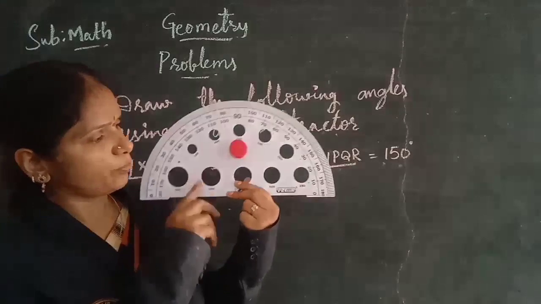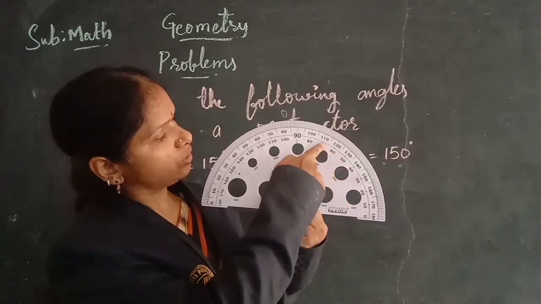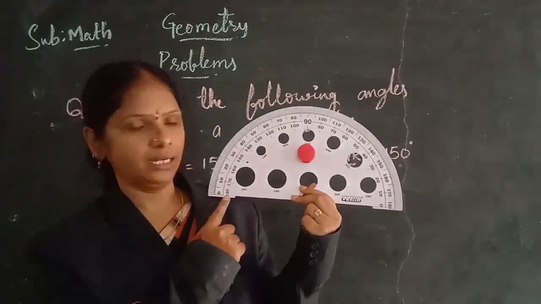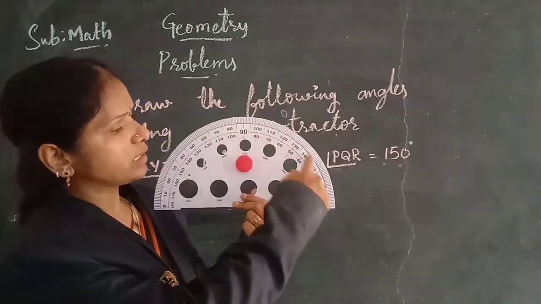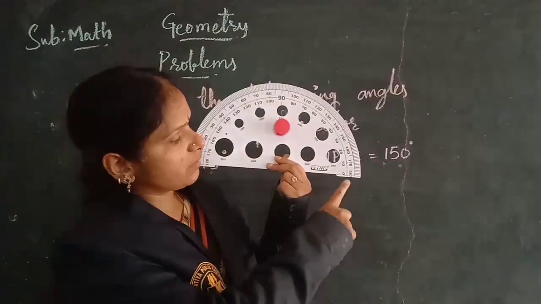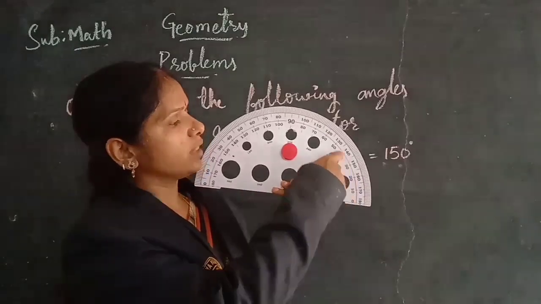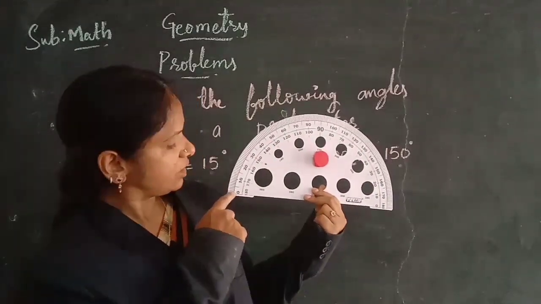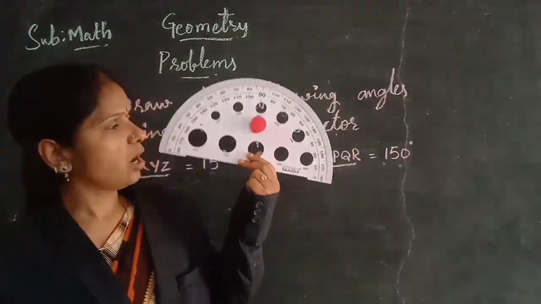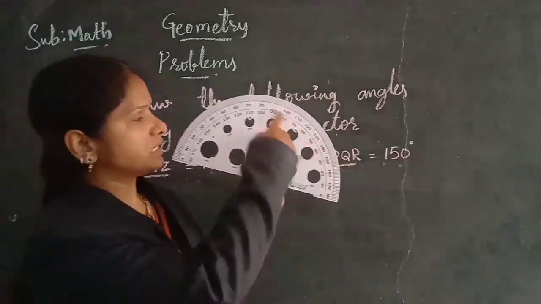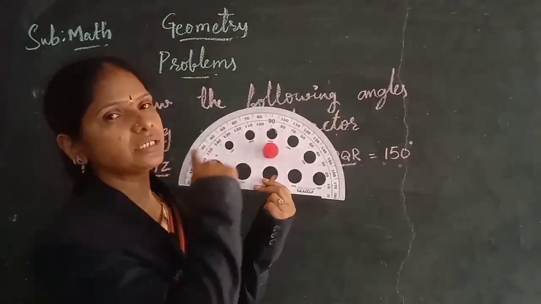Now you see on the protractor, children, you can see numbers 0, 10, 20 till 180. And coming to the outside also we have some more numbers, 0 to 180 on the outside also. Here we have the 0 inside. So if you are drawing the angle on this side, that is called the inner scale. If the 0 is on the outer side, that scale is called the outer scale. Means on the protractor you can see two scales, the inner scale where the 0 is inside and the outer scale where the 0 is outside.